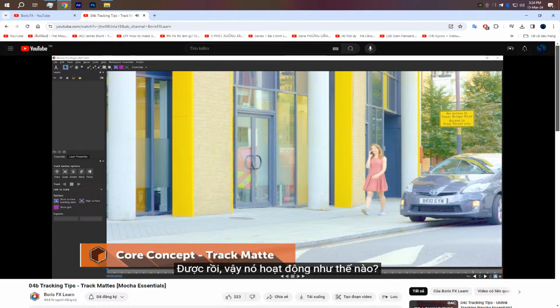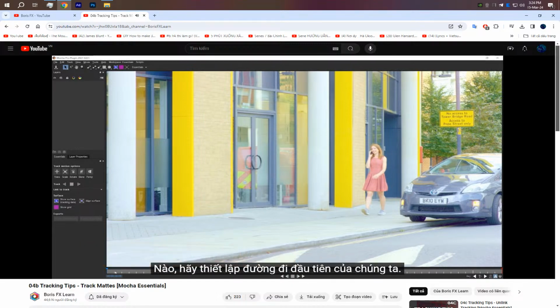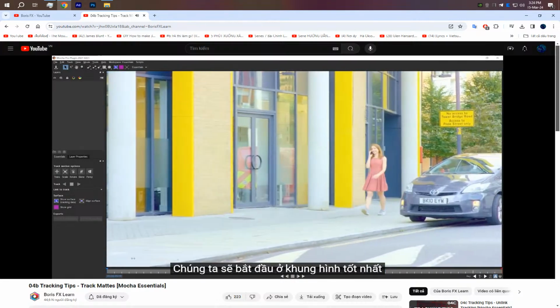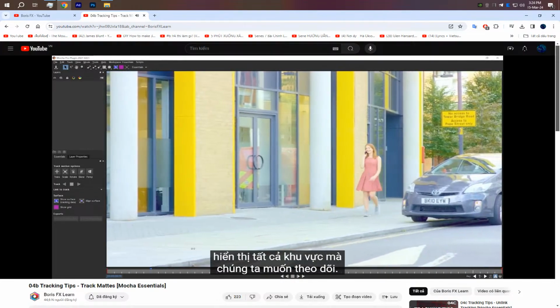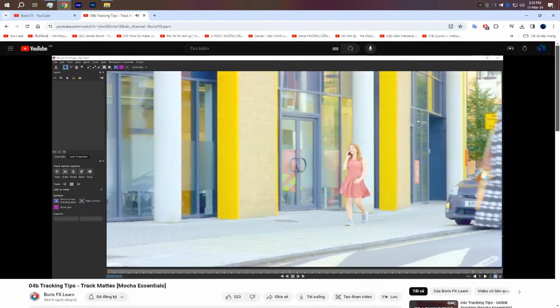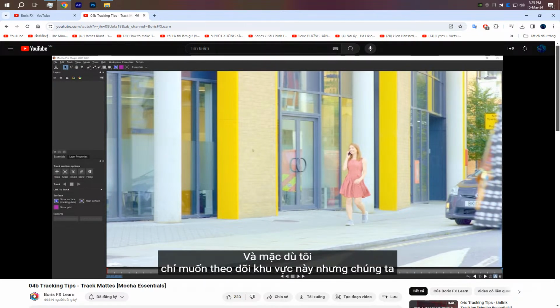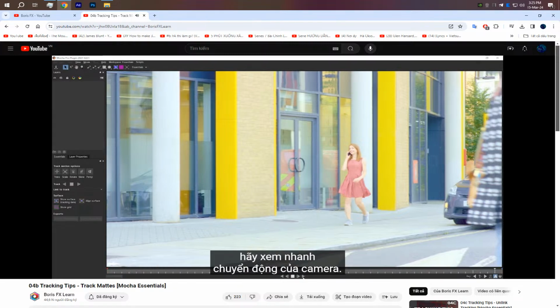Okay, so how does this work? Well, let's set up our initial track, shall we? We'll start at the best frame that shows all the area we want to track in. And in this case, I think we'll start at the end again. That's probably a nice place. And even though I want to track in just this area here, let's take a quick look at the camera